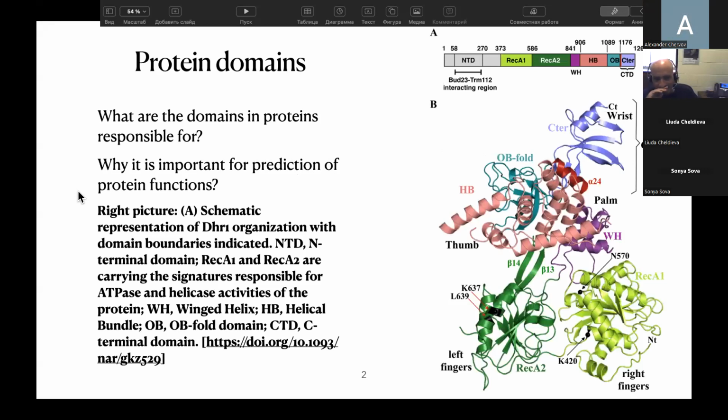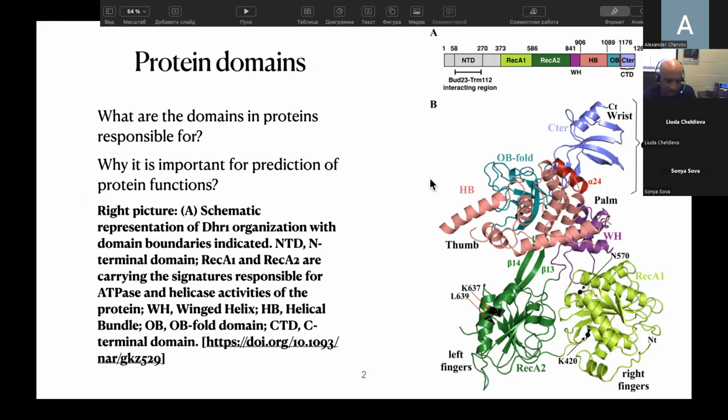Let's first understand what the domains in protein are and why they are important for prediction of protein functions. The protein domains are the structural and functional units of proteins, and the constituent domains primarily define protein functions. Also, domains could be described as folded and independent units in a protein. These regions are highly conserved in a protein sequence, and you can see the illustration of domain organization on the right side of